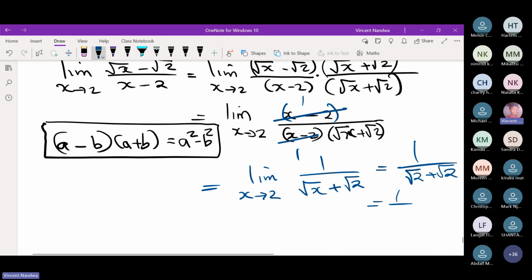Okay, root 2 times root 2 is what will give you 2. But root 2 plus root 2 is not 2, it is 2 root 2. Correct. But it's always good manners to write the denominator in a non-surd form. So I can multiply this by root 2 over root 2, and so I'll have root 2 over